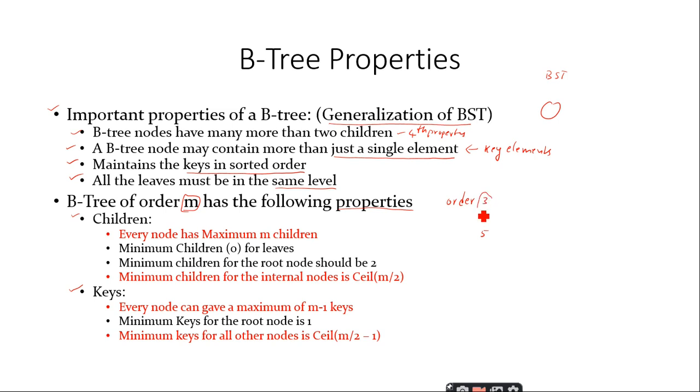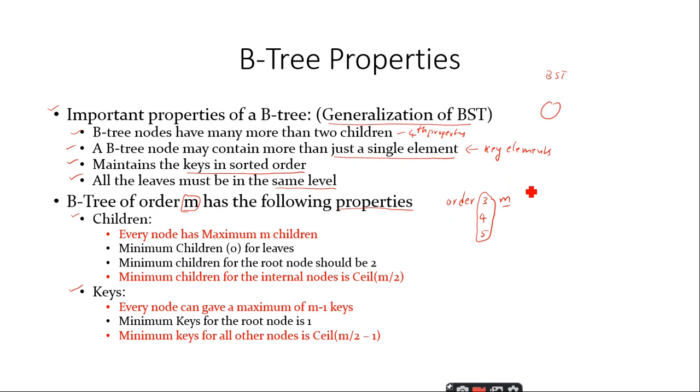So this particular M, which represents the order of the B tree, is very important, right? If in the question you didn't find the order of the B tree, you should ask the invigilator what order you should take, right? Is it clear up to this point? So a question on the B tree should always consist of the order of the B tree, right? Is it clear?